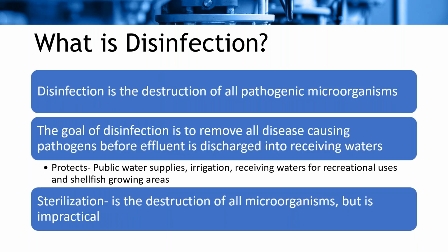So first of all, what is disinfection? Disinfection is the destruction of all pathogenic microorganisms. The goal of disinfection is to remove all disease-causing pathogens before effluent is discharged into receiving waters. This helps protect our public water supplies, irrigation water use, and receiving waters for recreational uses, and also shellfish